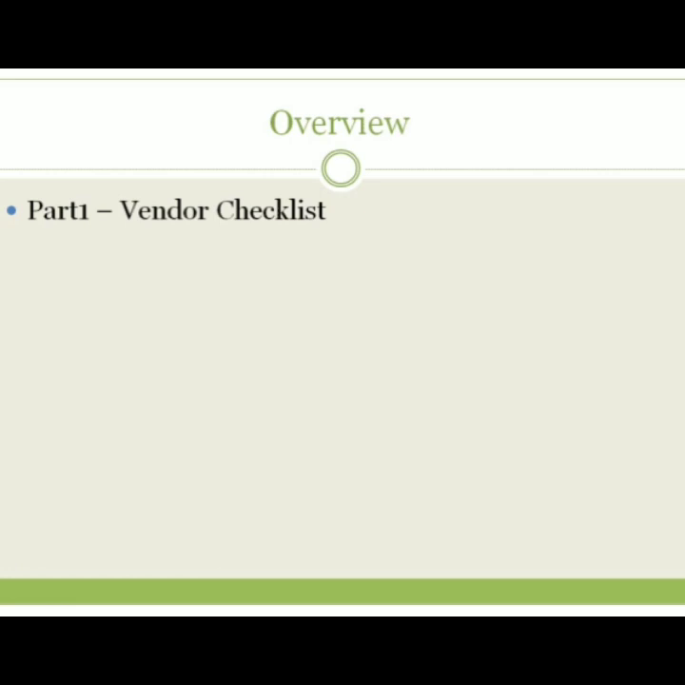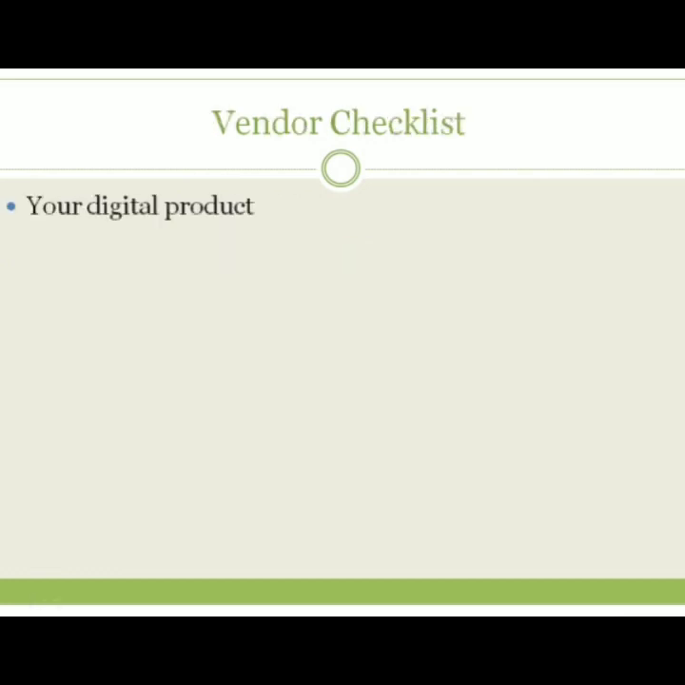And part number 2, I'm going to go over the list of the things that you need to have and show you where to get them online. Alright, so first things first, the first thing you're going to need is, of course, your digital product. Now, you're going to have that. You're going to need to have your sales page,